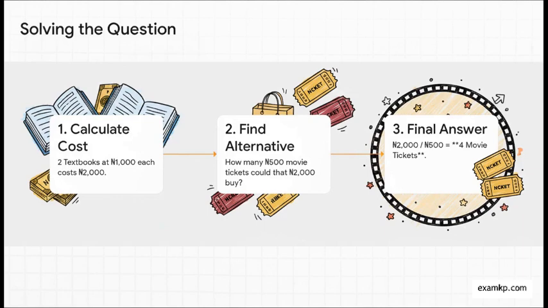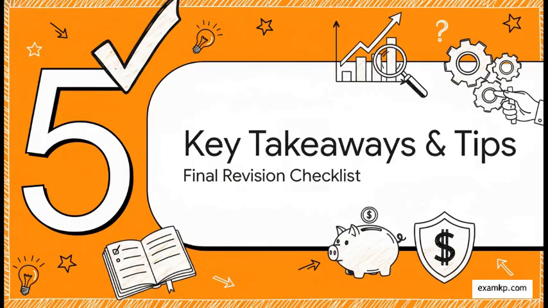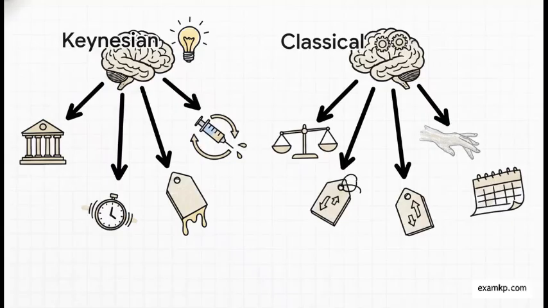We have covered a ton of ground. Now let's boil it all down into a final checklist. I seriously suggest you take a screenshot of these next couple of slides. They are pure gold for your last-minute revision. Okay, for your JAM objective questions, speed is everything. So use these word associations. If you see government intervention or stimulus, your brain should immediately scream Keynesian. If you see self-correcting or invisible hand, that's classical. And remember, Keynes was all about fixing problems now in the short run. The classical view was more about how things work out in the long run.